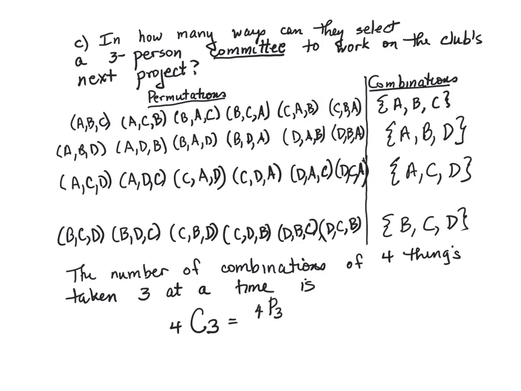or 4 choose 3, and that is 4P3, just like we figure out the number of permutations, but we have to divide by a factor of 6, which is 3 factorial. And that's the number of ways we could permute each possible combination. So that's 3 times 2 times 1, and that gives us an answer of 4 when we divide through. So let's summarize. In general,